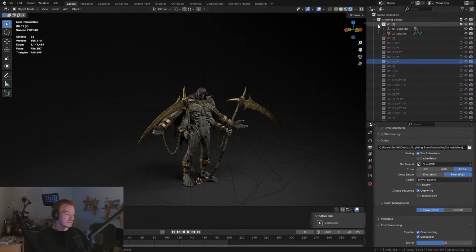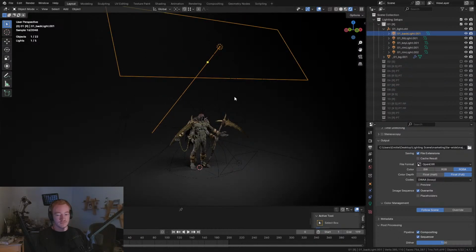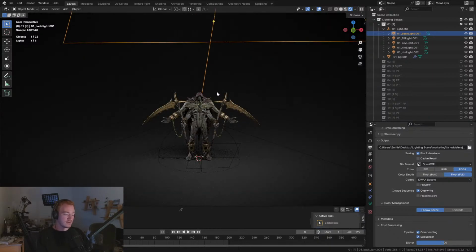And so the nice thing is, obviously you have control of all of the lights. You have them here and you control them however you want. It's really just a collection of scenes. And obviously for some people, you can just import your character, your asset or whatever, plug it in and then render and you're good to go. But there's a lot of flexibility in this. So maybe, if you have this guy here,